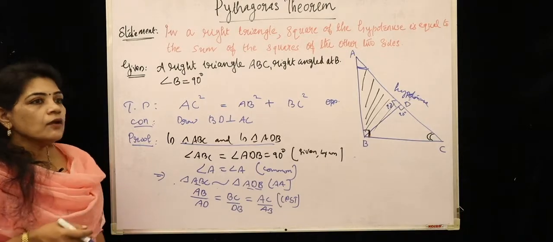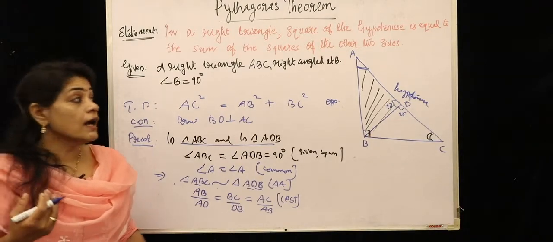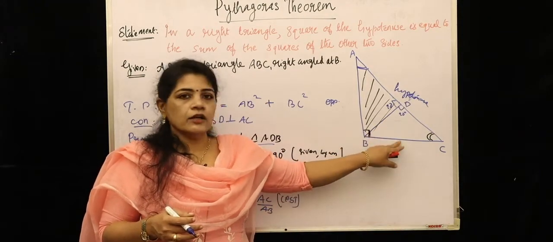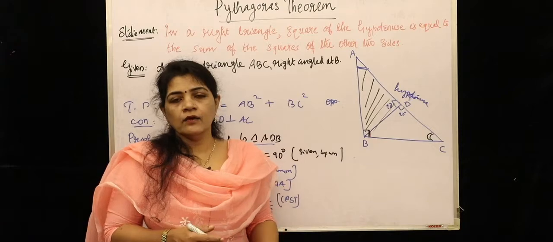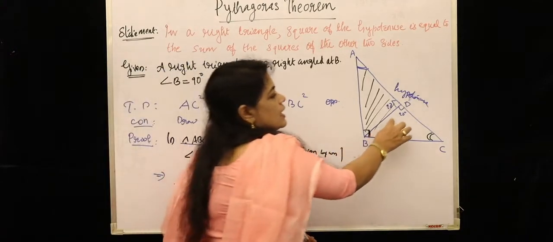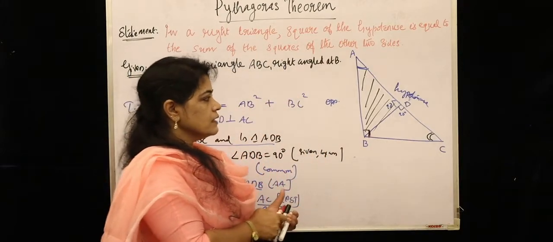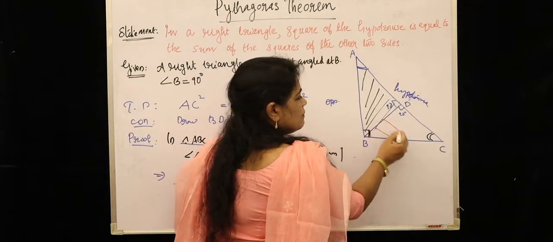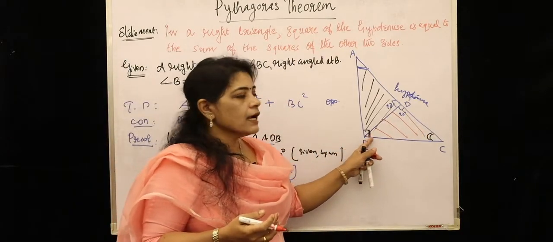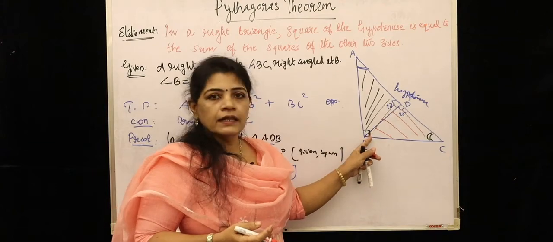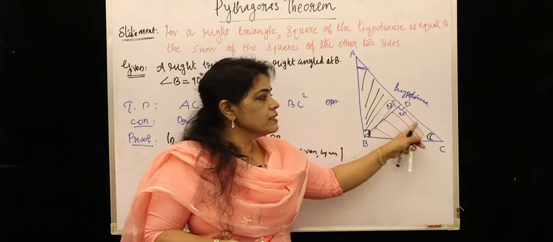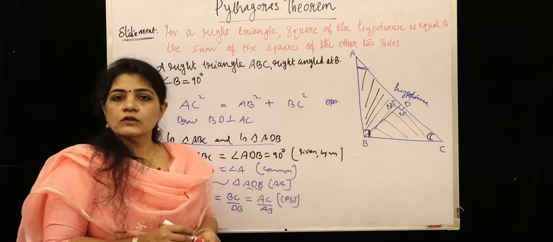See, in the same way, if you consider the triangle BDC, the other right triangle on the other side of the perpendicular BD, can you show that this triangle ABC, big triangle, and this triangle BDC are similar? This triangle, children, triangle BDC. See, in triangle ABC, this angle B is 90 degree, and in triangle BDC, because BD is a perpendicular, that is angle BDC also 90 degree. So that you can write.